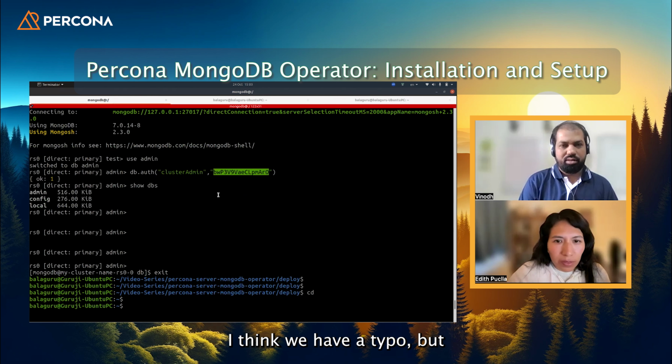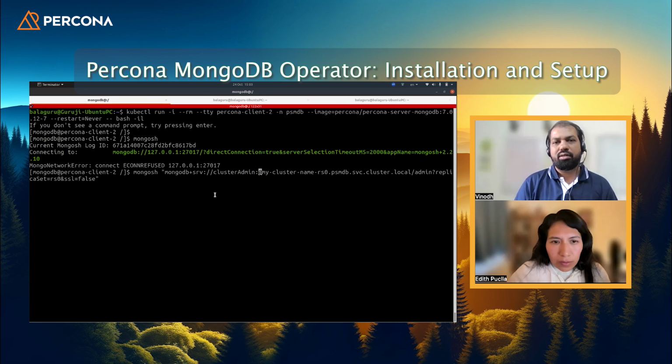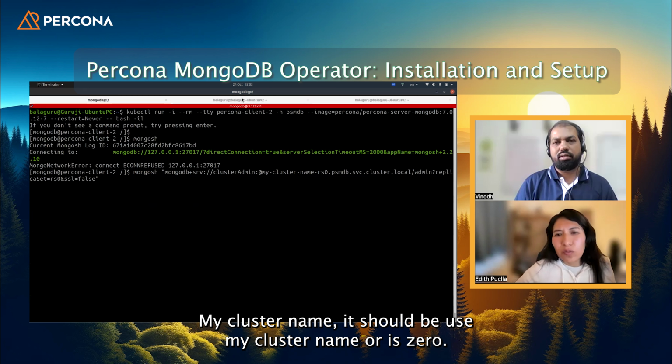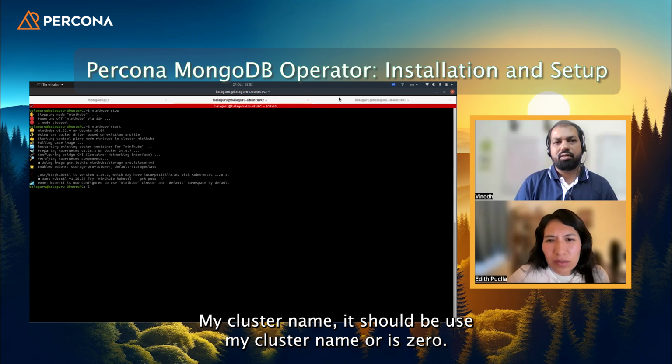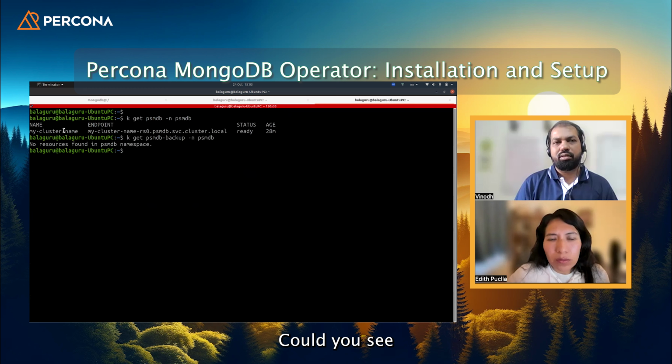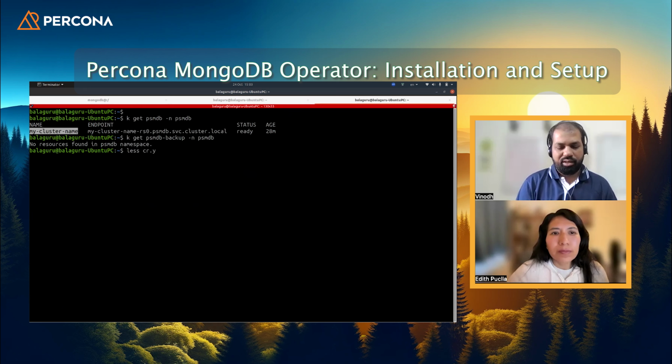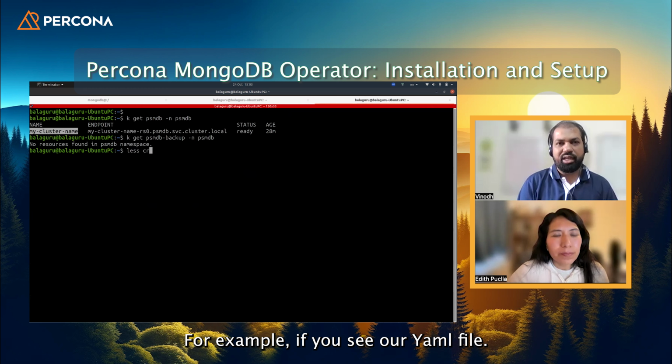I think we have a typo, but go in the name of the cluster, my cluster name. It should be use my cluster name or RS0. Could you see? My cluster name. Okay. So we haven't edited our CR file, right? If, for example, you see our YAML file,